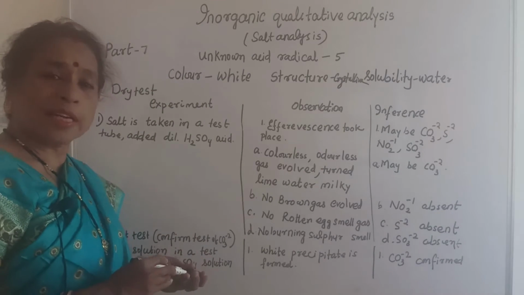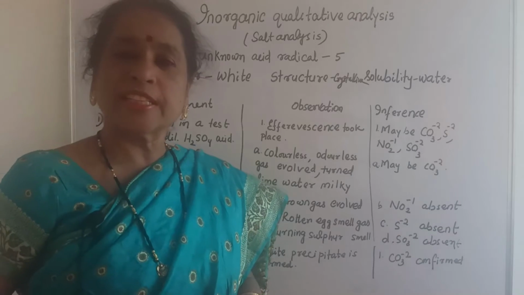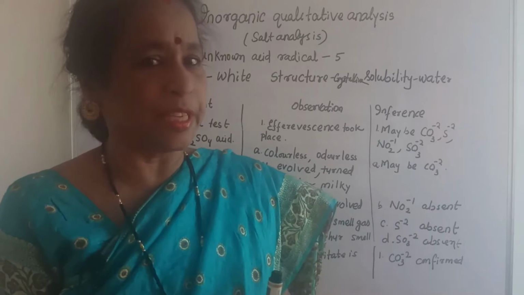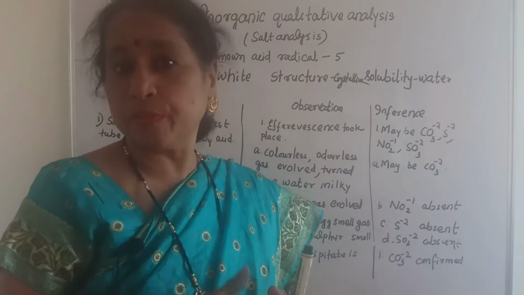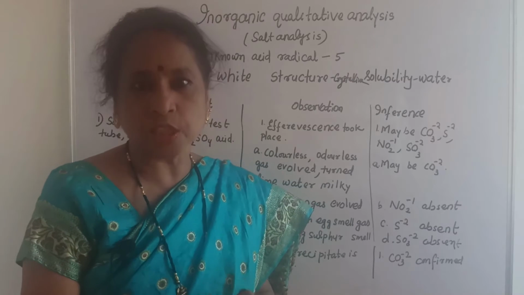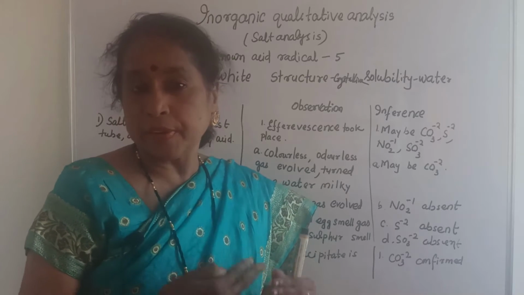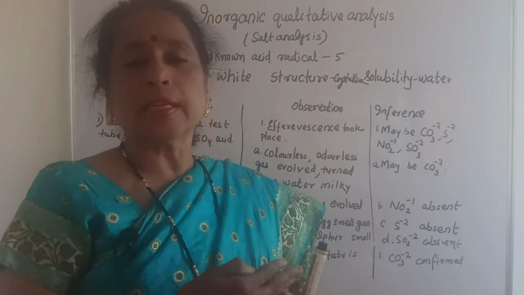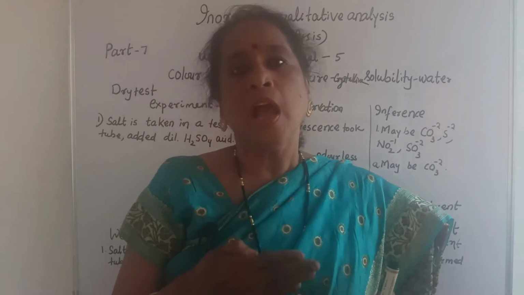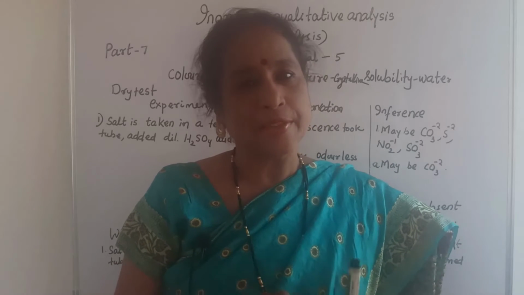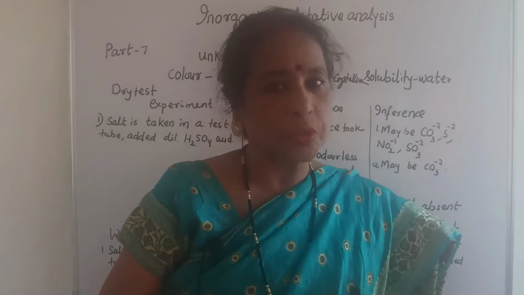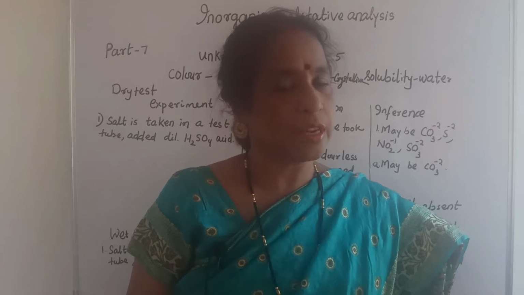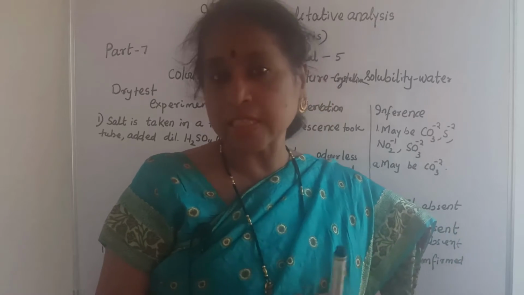Then what are the tests in acid radical? One is the dry test, the other is the wet test. In the dry test you first use dilute sulfuric acid. If there is no reaction, no effervescence, then you go to concentrated sulfuric acid. If there is still no effervescence, you go to the third group, that is concentrated sulfuric acid and copper turnings, heated. If there is no brown gas, then you go to the fourth level, sulfate, and there is no dry test for sulfate, so you go to the wet test or confirmatory test of sulfate.